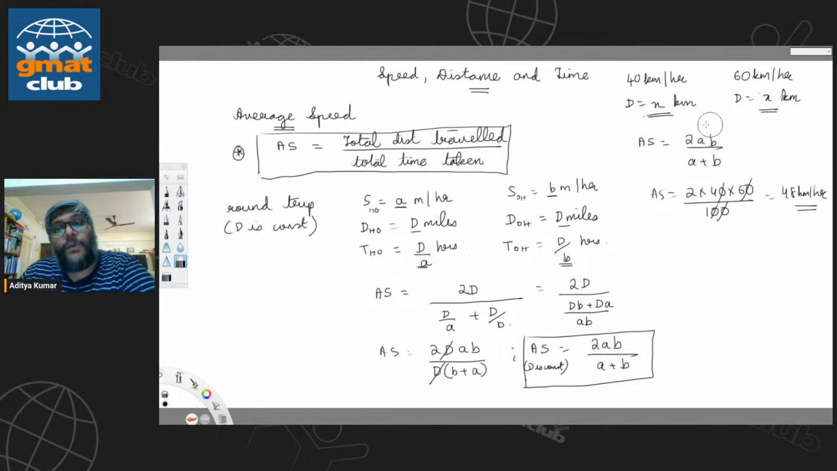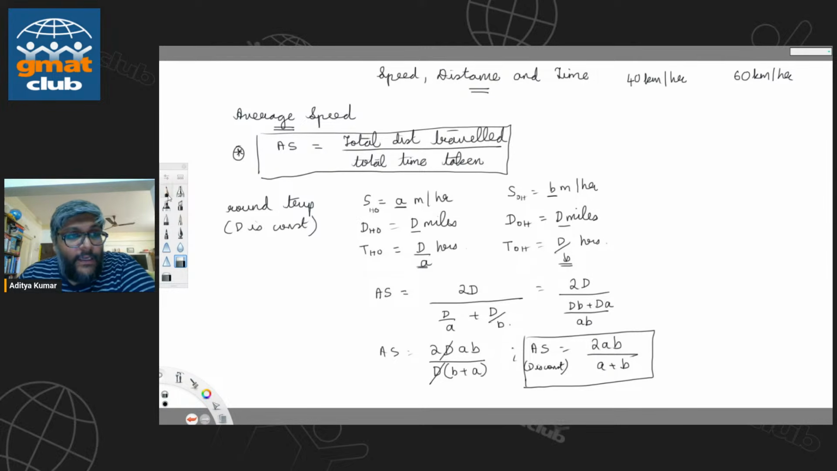But if the same question was, you travel one part of your journey at 40 kilometers per hour, and you travel a distance of 200 kilometers, and then you travel a second part of your journey at 60 kilometers per hour, and the distance there is 500 kilometers. What is your overall average speed? Then I have to go with the baseline formula of total distance by total time. So what will be the time here? 200 divided by 40, that will be 5 hours. The time here will be 500 divided by 60, that will be 25 by 3